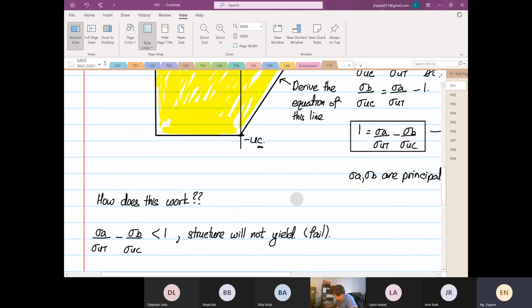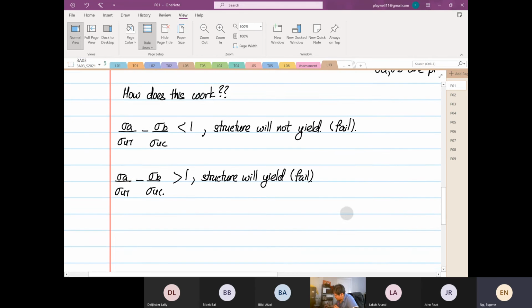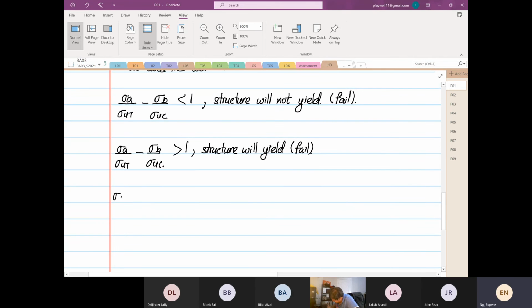Then if stress A over stress ultimate tensile minus stress B over stress ultimate compression is greater than 1, then the structure will fail or will yield, or some textbooks say will fail. So stress A and stress B, the principal stresses, are calculated based on